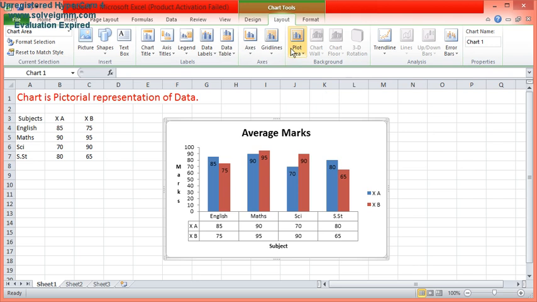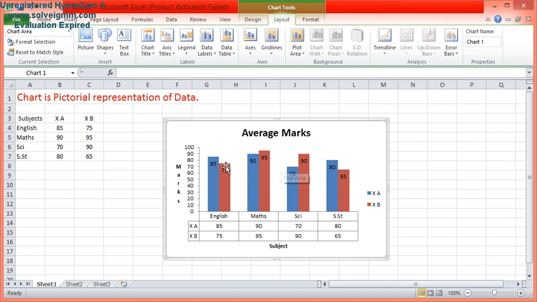Next one is your plot area. Plot area means show the complete area. This one is having different sections. It will differentiate your chart from the other area. That particular boundary is your chart area, having all the data, all the legends, all the title, your axis, everything will be inside your plot area, right?